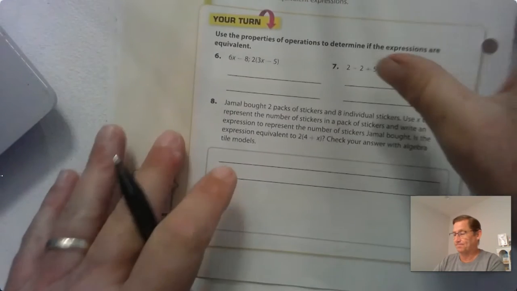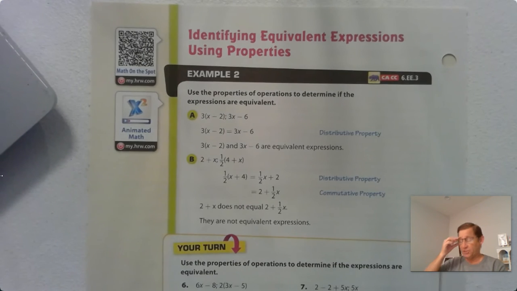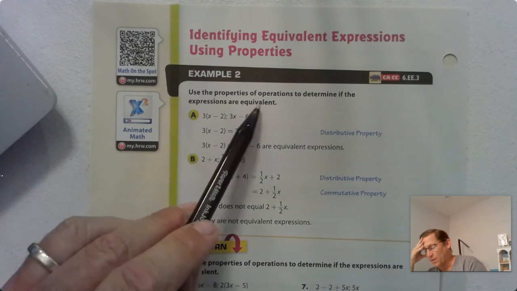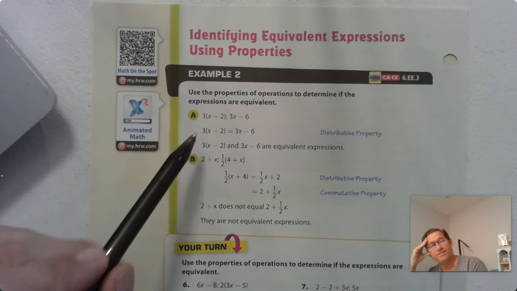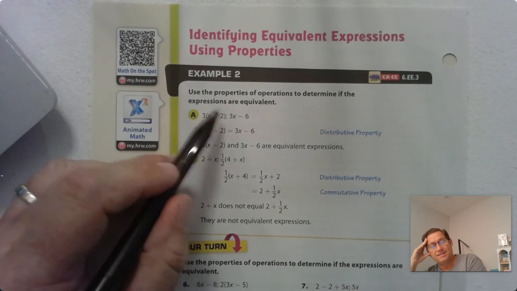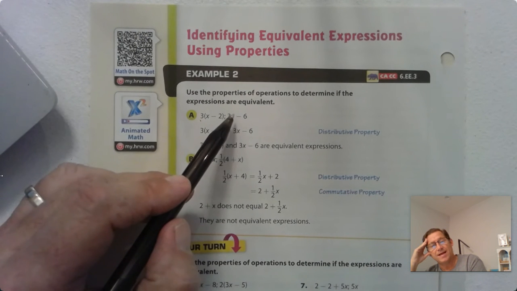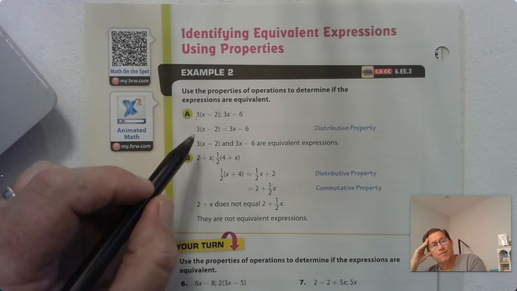All right. Let's go to page 280. All right. So identifying equivalent expressions using properties. So use the properties of operations to determine if the expressions are equivalent. So we have 3 times the difference of x minus 2. And they want to know, is that the same as 3x minus 6? All right, well,